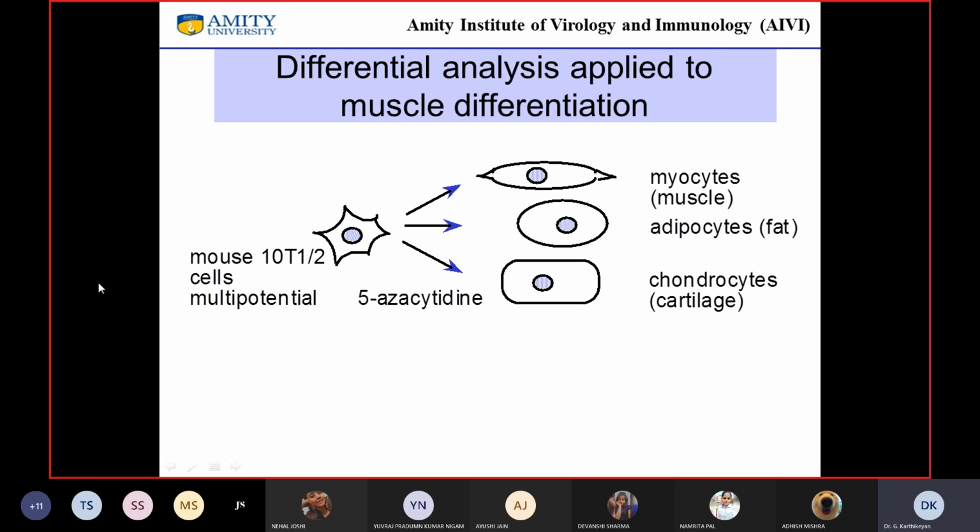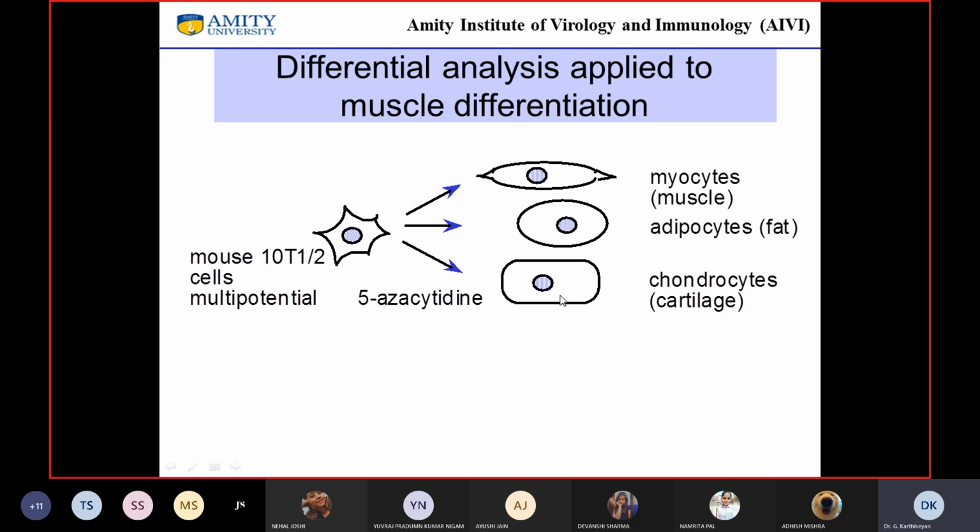And typically this is what happens. For example, this is a mouse cell line that has the potential to differentiate into many different cell types. By the use of a chemical called 5-azacytidine, you can force these cells to go into either myocytes, adipocytes, or chondrocytes. This cell, instead of being multipotent, you are now limiting to only these cell types.